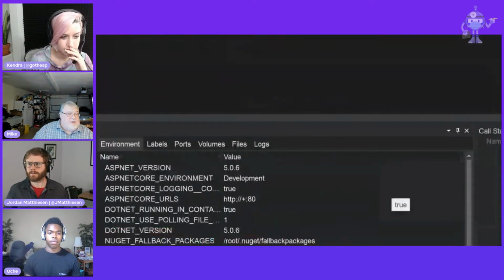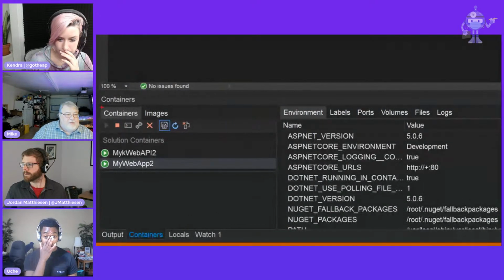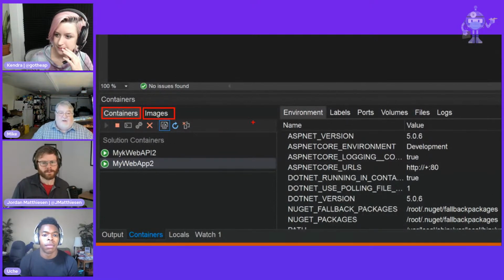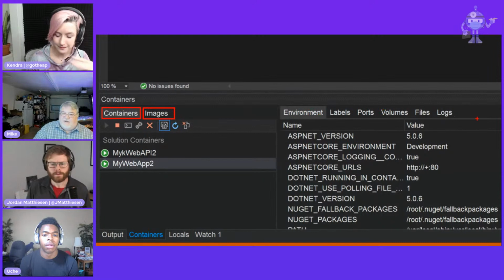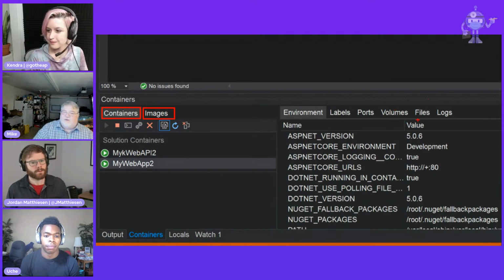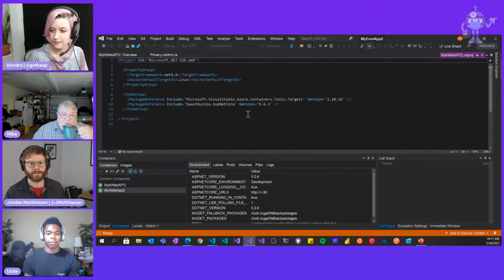So if I zoom in here, you can see that you can look at your containers. So we have a tab for containers, and then we have a second tab here for images. And so if you want to look at container information, I can look at these different kinds of things. And again, Uche will go into detail because he's been working with his few developers to add some cool new features. And so I'll let him show those off. But I just want to point out that this tool window can really be a big benefit when you're working with containers. All right, I'm going to show you one more thing